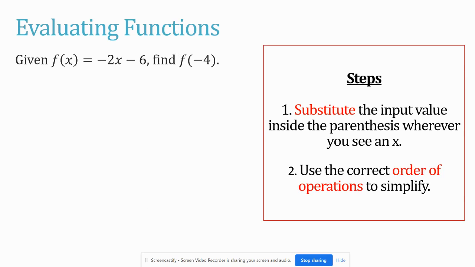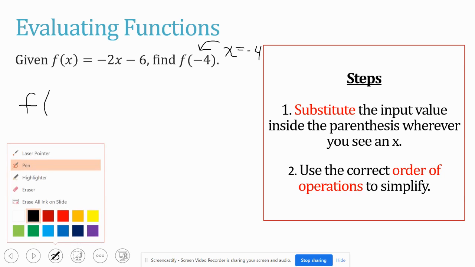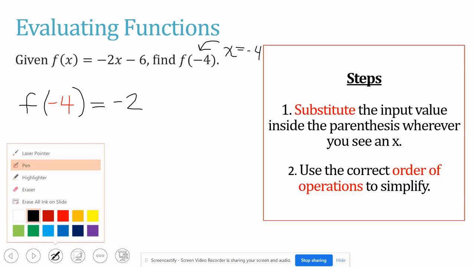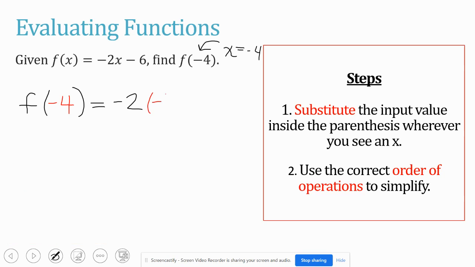Here we are given f of x equals negative 2x minus 6. Find f of negative 4. So if it helps you, you can just say, okay, that means x is going to equal negative 4. And wherever I see an x, I'm going to plug in negative 4 in parentheses. So we have f of negative 4 equals, instead of negative 2 times x, we're going to have negative 2 times negative 4. Just substituting that negative 4 wherever I see an x,